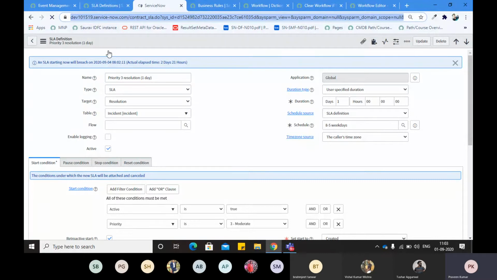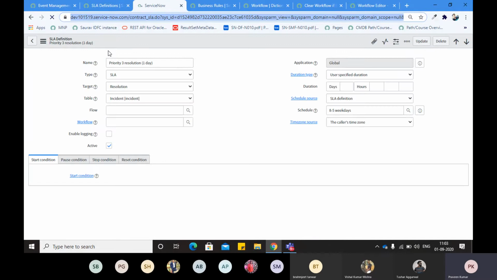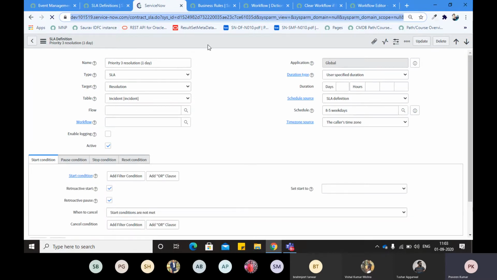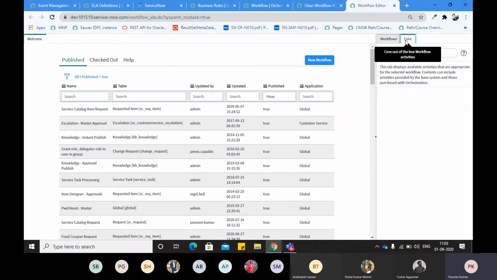But our primary question was how to attach a workflow on the SLA definition. First of all, you will create the workflow from the workflow editor, using the new workflow. After creating the workflow, you will see in the core section many activities will come.